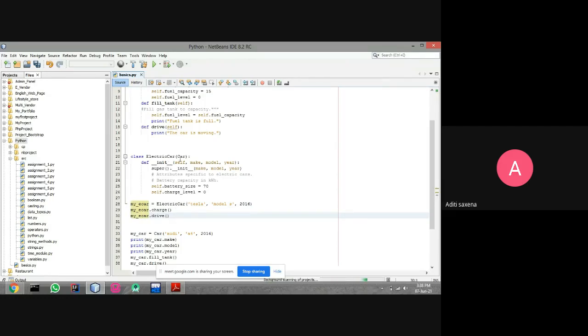Now we found that ElectricCar is inherited from the class Car. So first we call this init function, which is like a constructor.